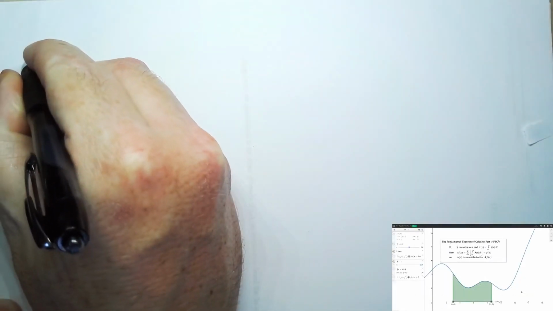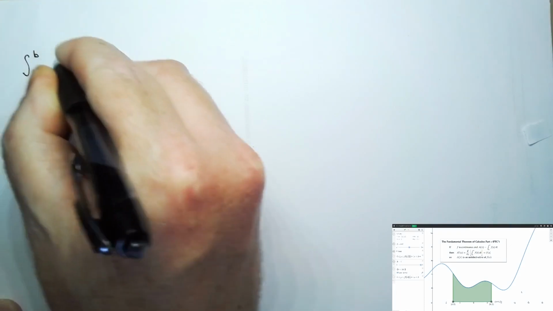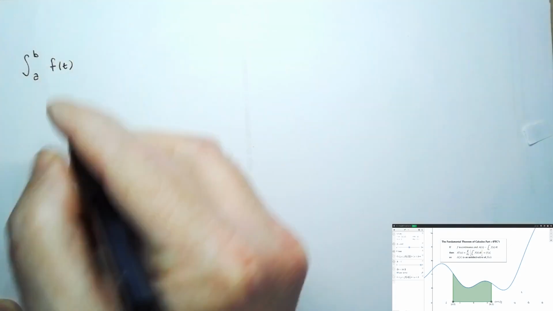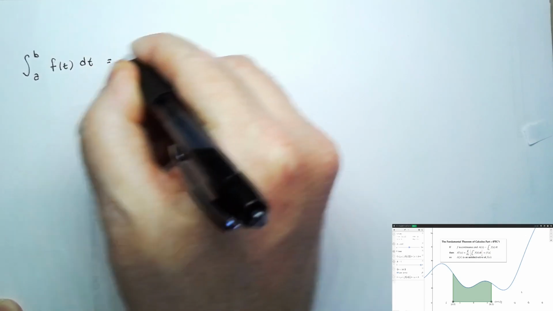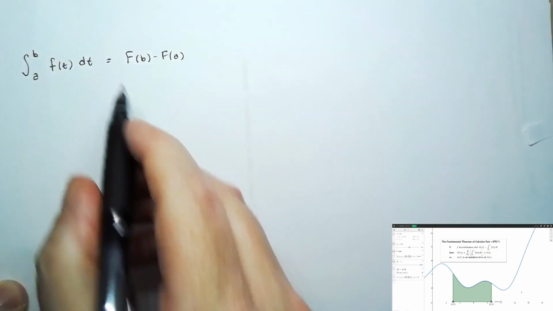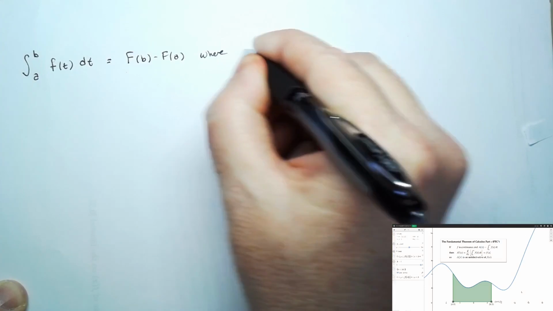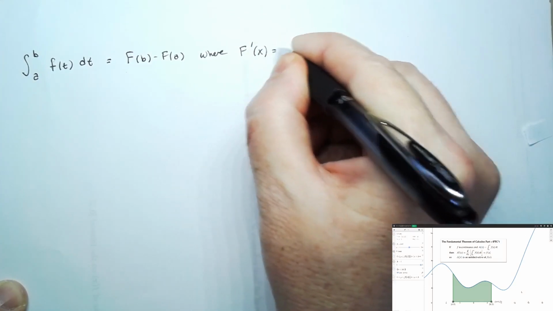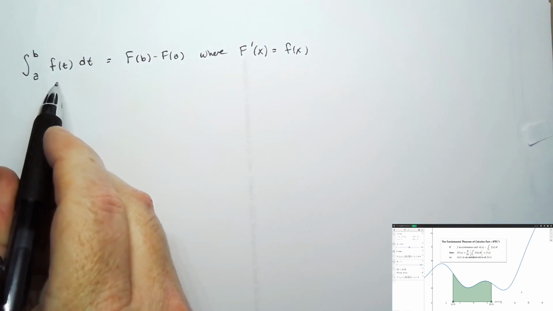In this video, we'll discuss the fundamental theorem of calculus, the theorem that allows us to evaluate definite integrals for many functions and shows us a connection between integral calculus, solving our area problem, and differential calculus, solving our tangent line problem. The fundamental theorem of calculus will allow us to show that the integral of some function f of t dt from a to b is equal to F of b minus F of a for a function big F, where the derivative of this big F function equals our little f function that we're integrating.